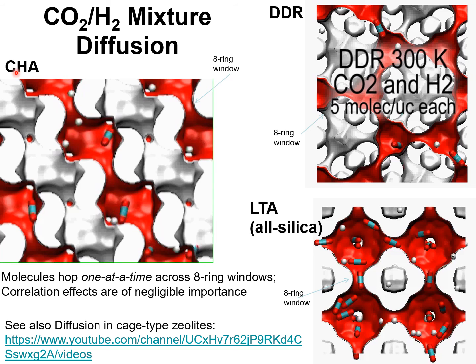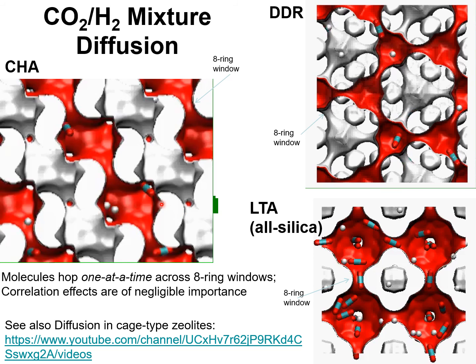Such zeolites are, for example, chabazite, DDR, and LTA zeolite. LTA stands for Linde type A. The correlations in all these zeolites are of negligible importance because the molecules jump one at a time across the narrow windows, and the intercage